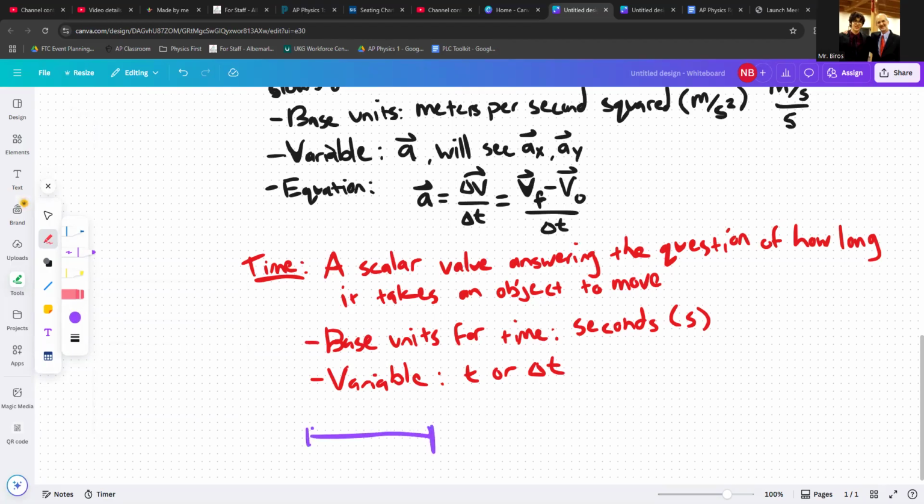let's say we start at 0 seconds and we go to 8 seconds. t would be one exact moment in time. 0 seconds is an exact moment in time, t. 8 seconds is also an exact moment in time, t. The change in time is, well, change in anything is final minus initial. So it turns out,